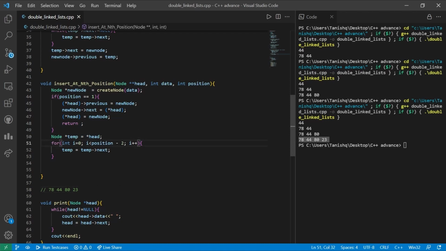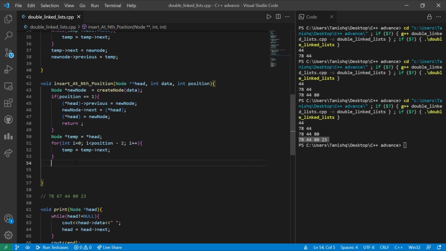Over here as well, the position that we are going to give equals 2, so I will be less than or equal to 0, but I is initialized as 0 first of all. So it is not going to go through the loop even once, it will stay as it is. So the temp will be pointing towards head in this condition,